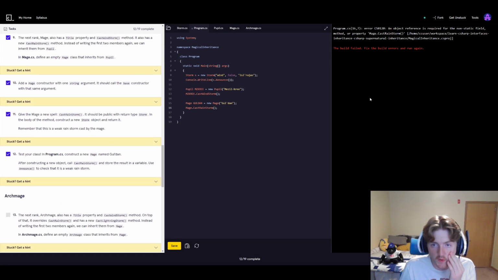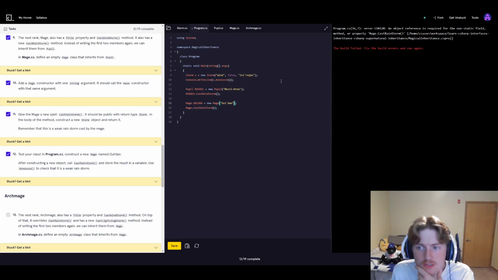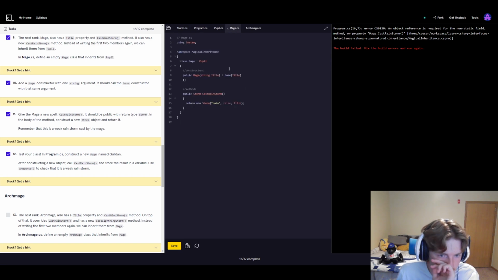Okay, in program.cs line 16, it's saying this is the issue because an object reference is required for the non-static field, and that's because in cast rainstorm, go to mage cast rainstorm, it doesn't have anything there, it just returns the object, but